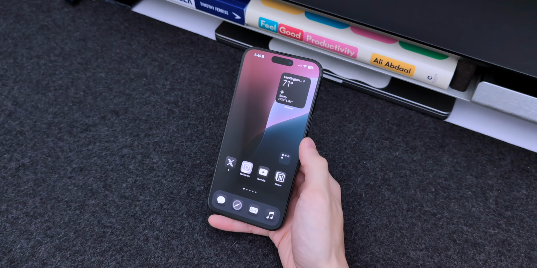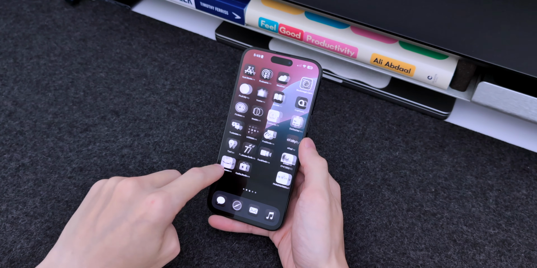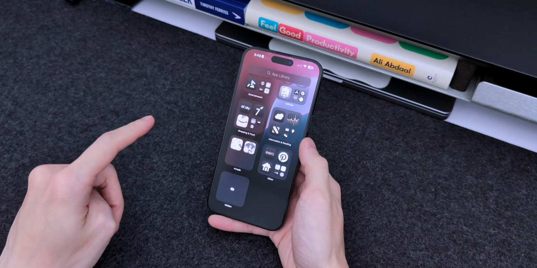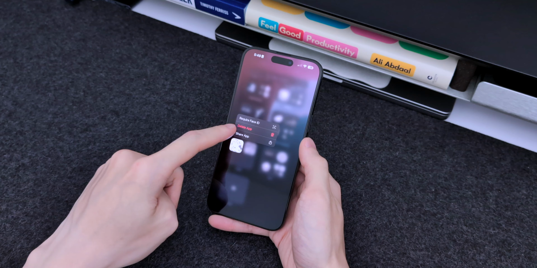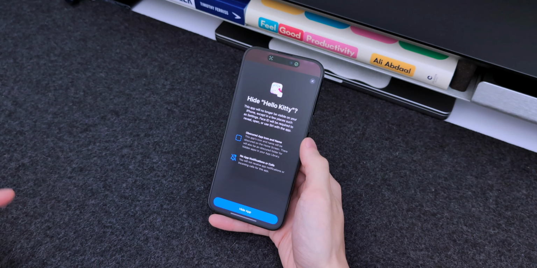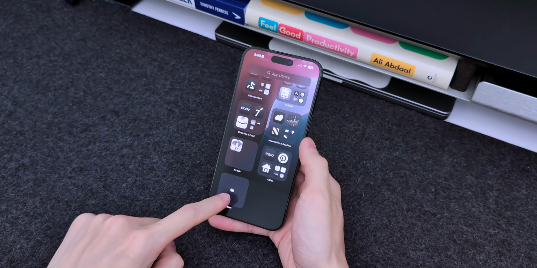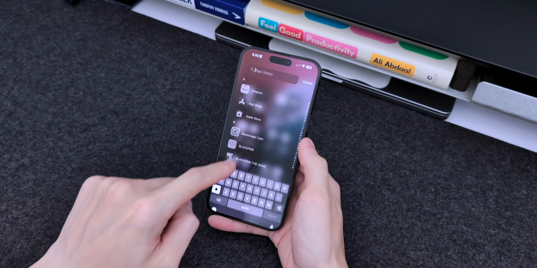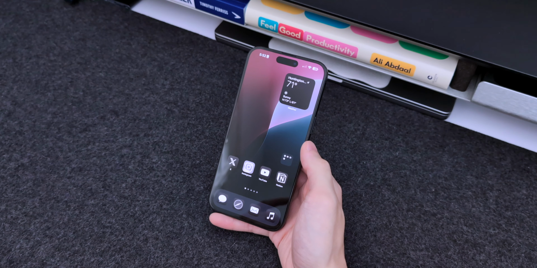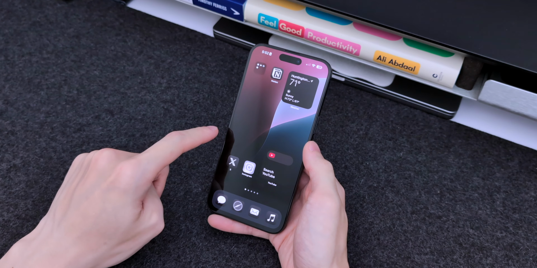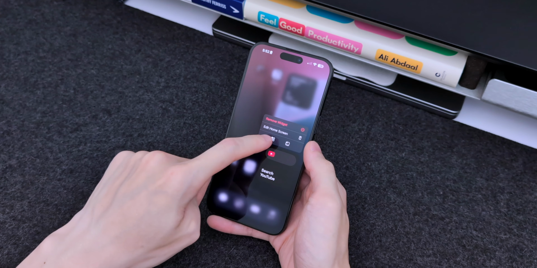Hidden apps are the same, but it hides the app across the entire system. For example, let's say I hide Hello Kitty Adventure because I don't want people to judge me. I do the same exact steps, but this time I choose Hide and Require Face ID. A window will appear to tell you what's going to happen. In the app library, the app will move to a new hidden section, and when you try to search for it, the app won't appear. Another neat feature is if an app has a widget like YouTube, you can go from the app to widget or vice versa right on the home screen.